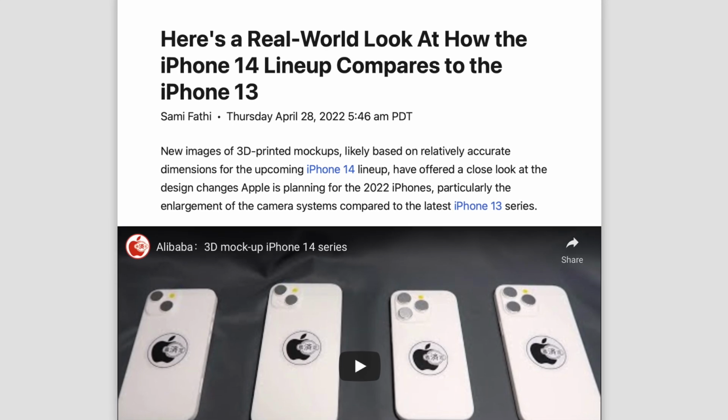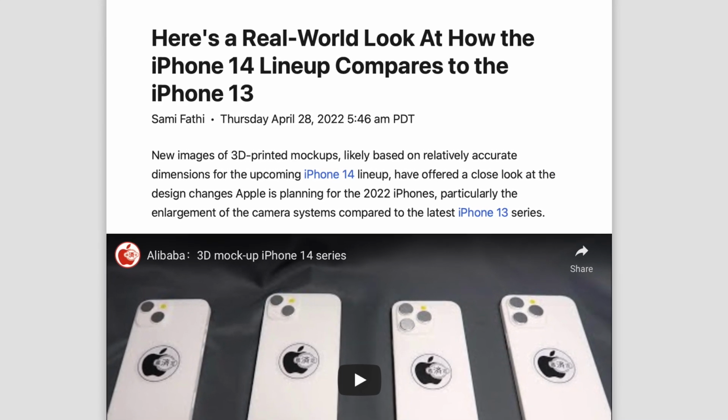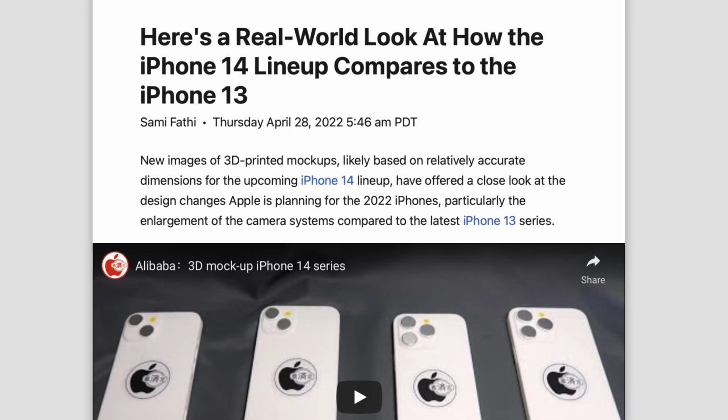Right, so Makotakara has gotten a hold of iPhone 14 models, and so let's see the differences between the 14